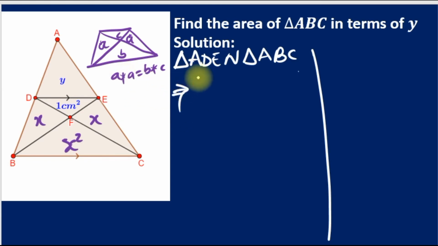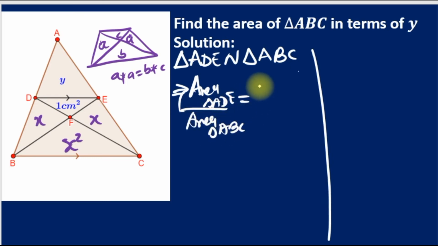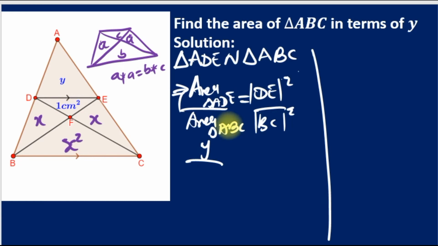the area of triangle ADE over the area of triangle ABC will be equal to DE squared over BC squared. Similar triangles: the ratio of areas is the same as the ratio of the squares of the corresponding sides. So area ADE is y, so we have y over